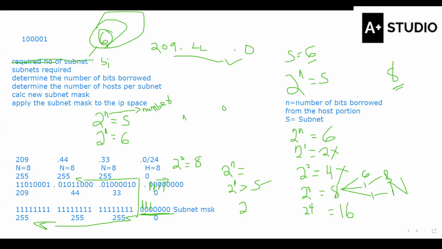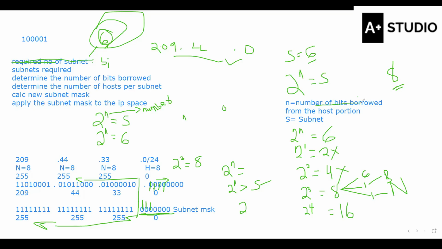Sorry. You said the subnets we have is 6. It's already there. Yes, it is 6. That's what we are using to solve the question. So the 8 is the number of borrowed bits. No, the 3. 3 is it. The N, I said N is the number of